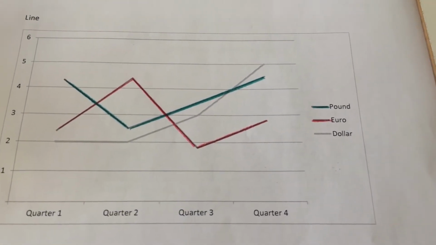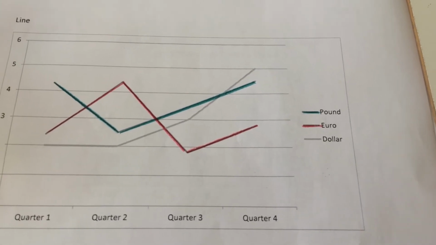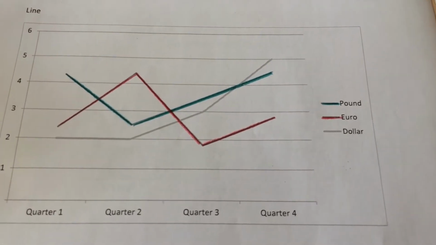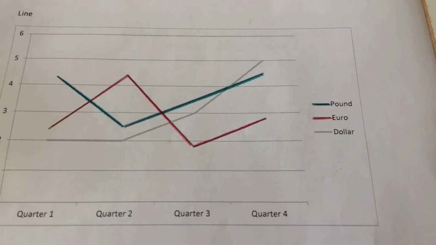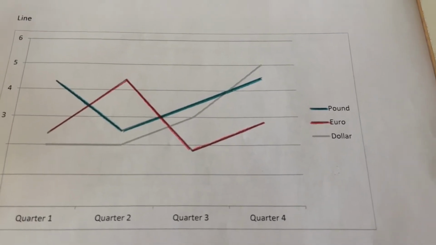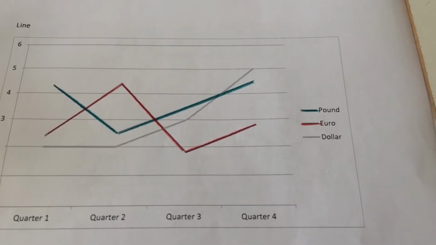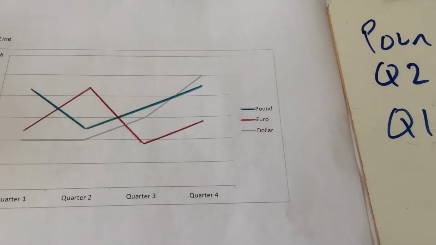So the different questions you could be asked. You might be asked about a specific currency, so what is the number of pound transactions in quarter 4? It would be 4.5, say those are in the millions, so say 4.5 million